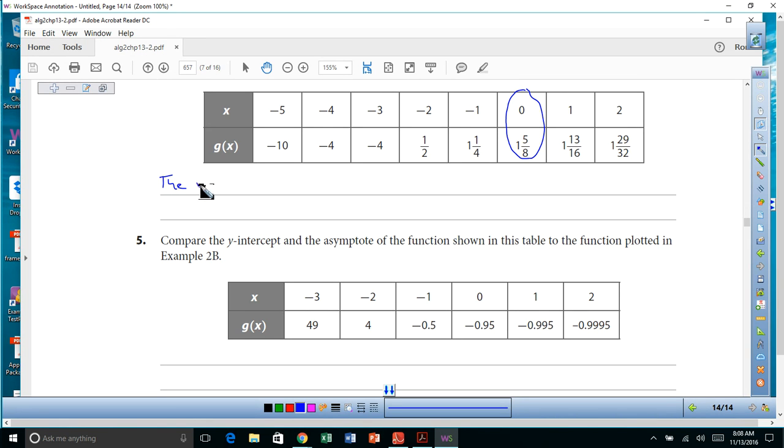The y-intercept has moved down 2 units, and we could say from, let's see, 3 5/8 approximately to